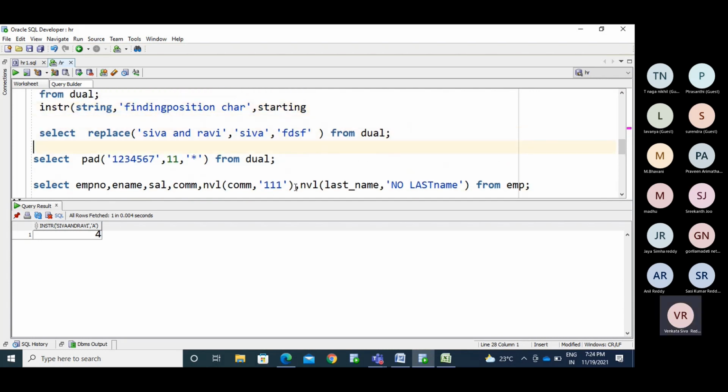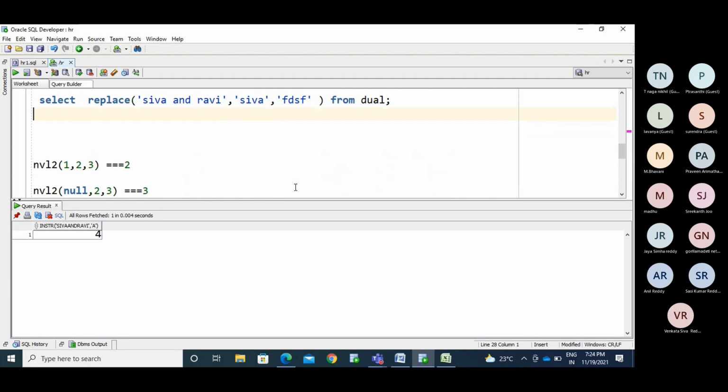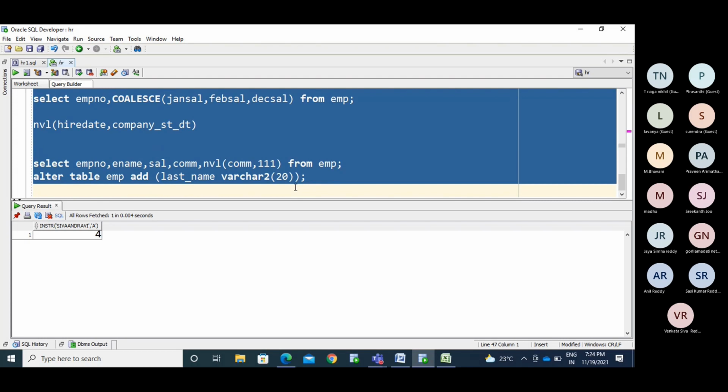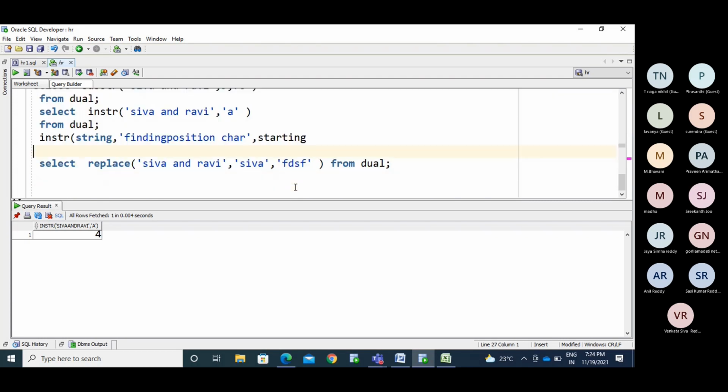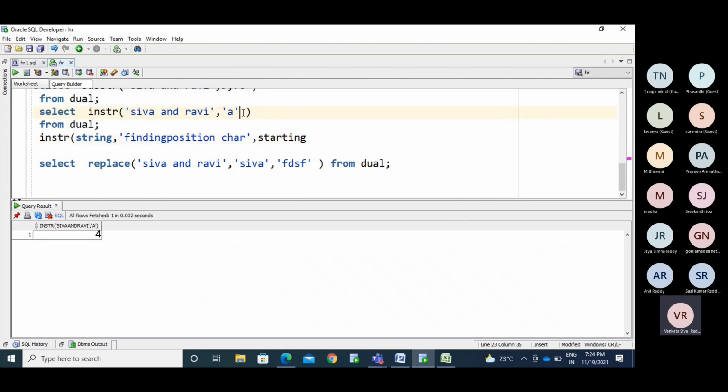Here it is. We have the string function with A now. Now I am mentioning 1, so I am saying start the search operation from the first position. Now I will get 4.